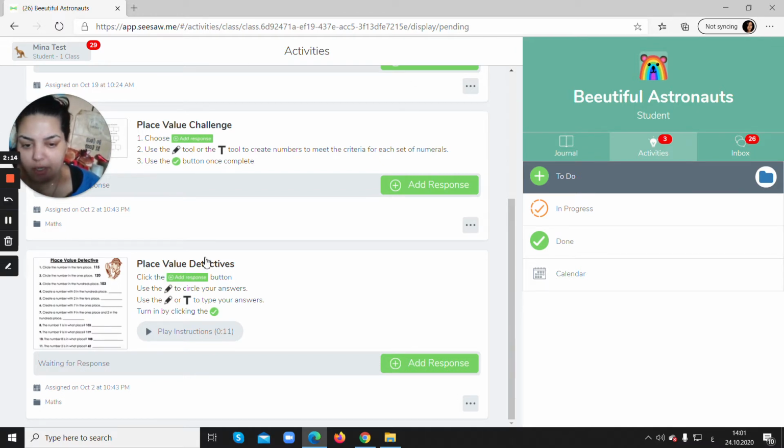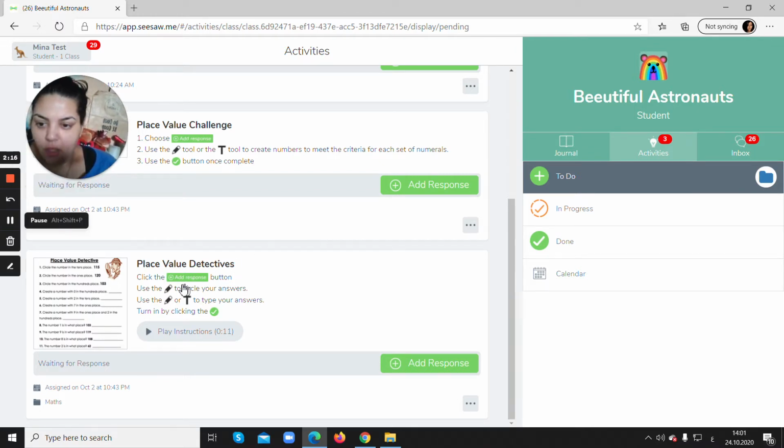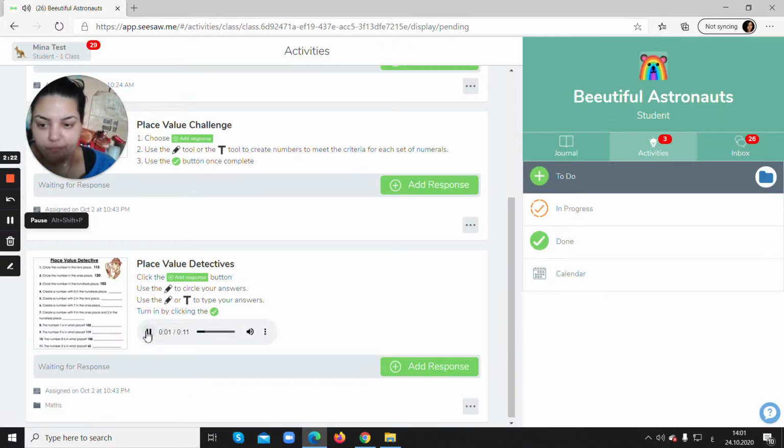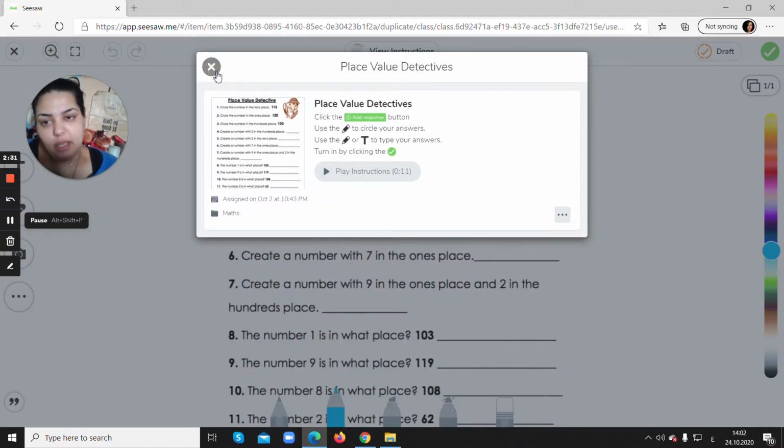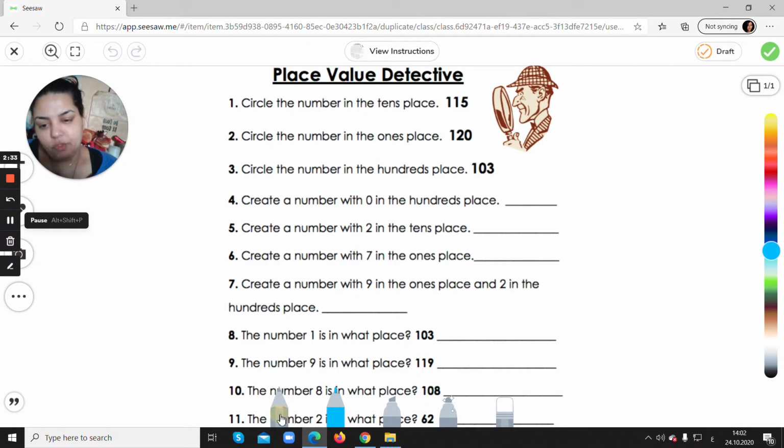So what do I do here? Hang on. So I know the instructions. I listen to the instruction. And then I'm going to click on the add button. Again, if I forgot the instructions, I come here, read it again, and do it. Choose the pencil, choose a color that I like. Let's take purple. And I'm going to read tens place,